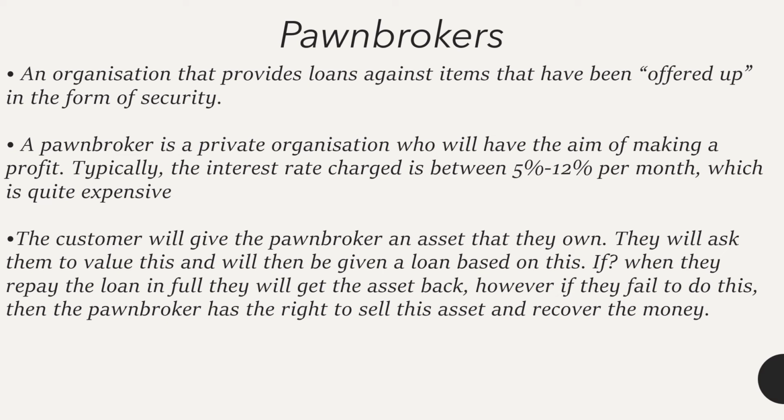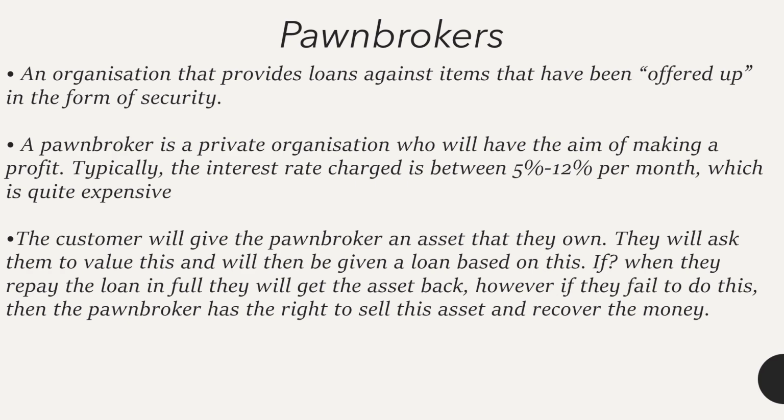So the process in which a pawnbroker operates is that the customer will give the pawnbroker an asset that they own. They will ask the pawnbroker to give them a value of the asset, and then this will be used as collateral on the loan. When they pay the loan in full, the asset will be given back to the owner, or the person who's taken out the loan. And then if they do fail to pay the loan, the pawnbroker has the right to sell the assets to recover the money